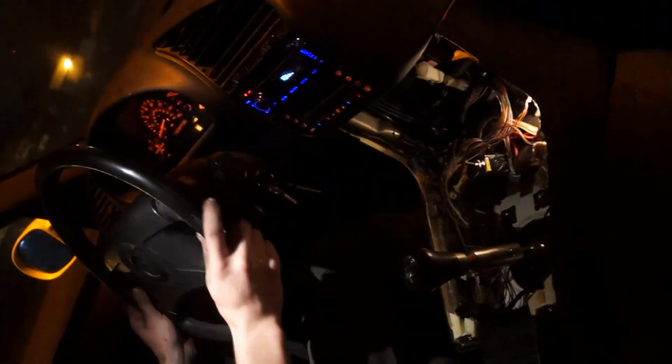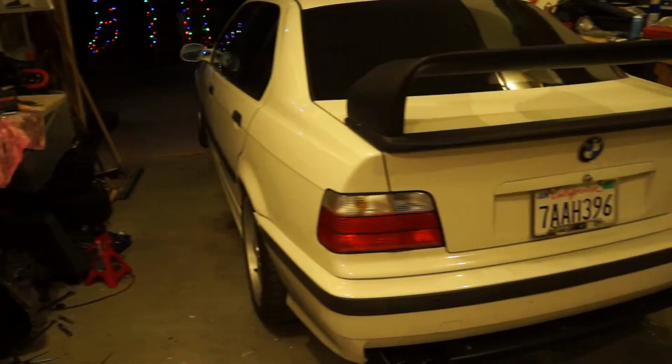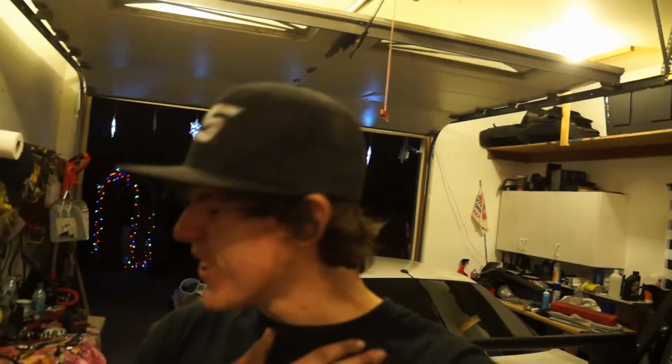So damn good. This car is starting to become what I want it to be. Oh, this is so good. You guys have no idea. Oh, boys. Oh, it's manual swapped. Oh, just got to do a little bit more work, but